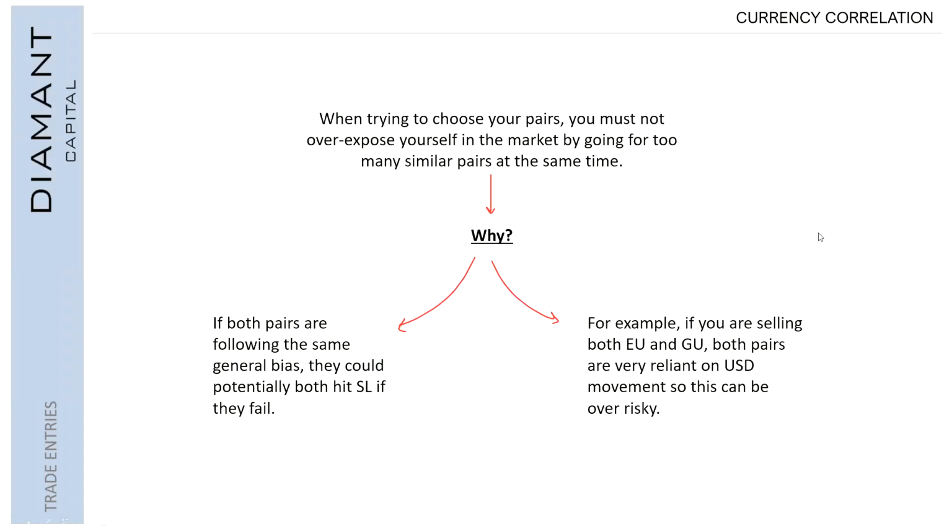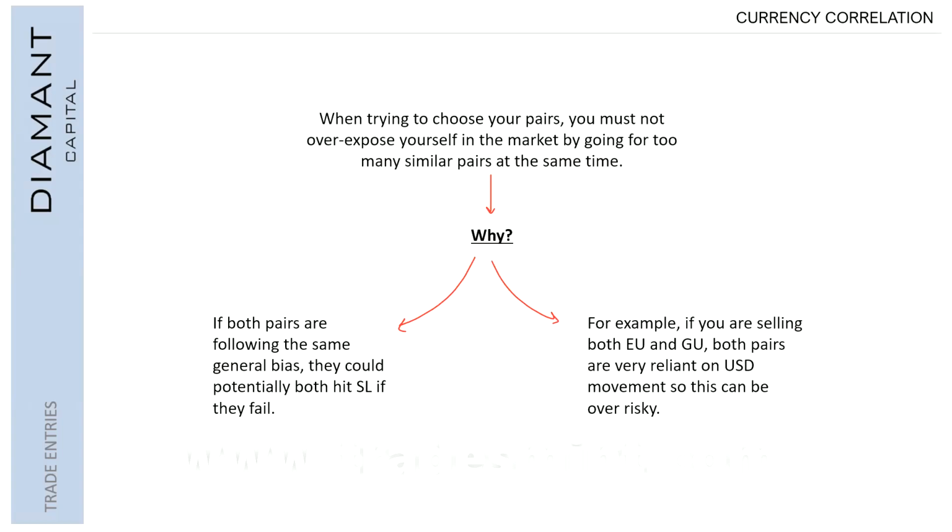So when trying to choose your pairs, you must not overexpose yourself in the market by going for too many similar pairs at the same time. Now, this is quite key in a risk management plan because of two main reasons. If both pairs are following the same general bias, they could potentially both hit stop loss if they fail. For example, if you are selling both EU and GU, both pairs are very reliant on USD movement, so this